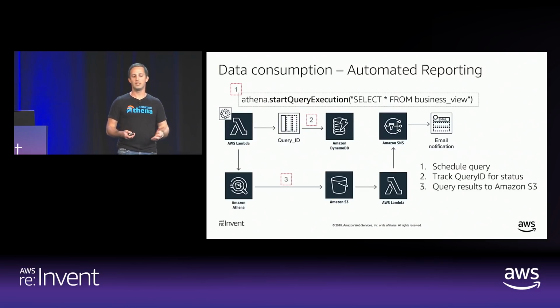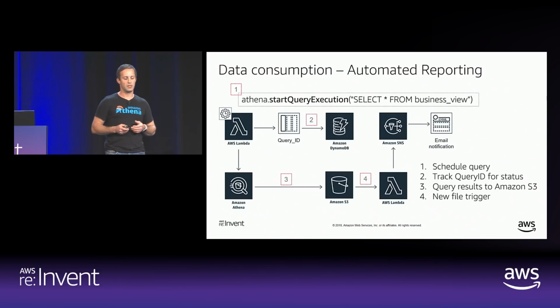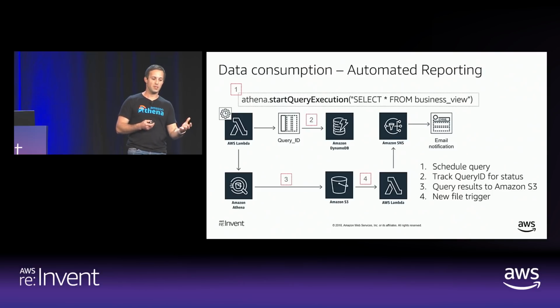Once the query is complete, the result sets are written automatically for you into Amazon S3. The next thing that happens once the data gets stored in S3 is you can set an S3 trigger on that particular bucket that triggers a Lambda function every time a new file is saved into that bucket. So what that does is it lets us take that